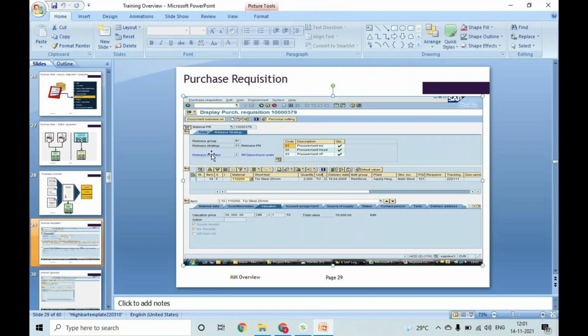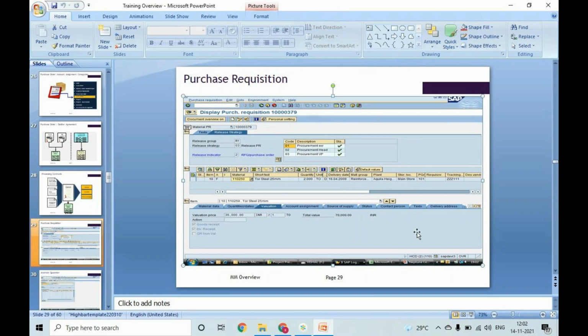This is the PR screen. I said account assignment. You see here account assignment. A means account assignment, I means item category. If A is blank, then it is a standard procurement. You're procuring standard procurement. In I, if you see some terminology like D, okay, D for services, L for subcontracting, okay, that tells you the type of procurement.